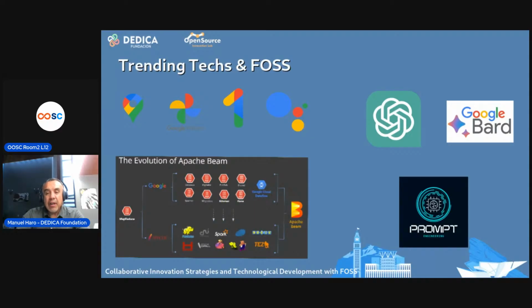But we are working so that our communities and our students and young people are not only working as users, using this kind of technologies like ChatGPT, like Google Bard, right now Google Gemini. Obviously, it's needed to have the knowledge of prompt engineering. We are working, as we see in the image on the left side,